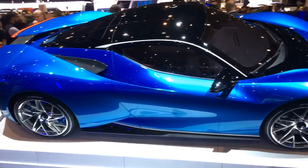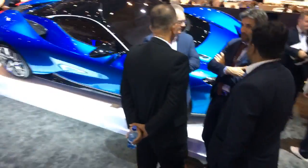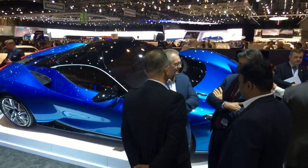But who counts? Basically, I'm saying that this is the most powerful production car in the world, except obviously for the Japanese, the huge